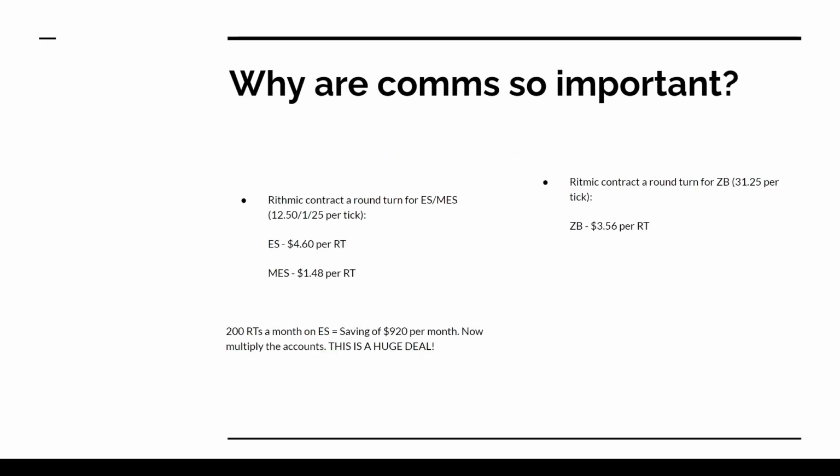Now, why am I harping on here about commissions and why are they so important? Okay, so I've taken the standard Rithmic commissions here for ES and micro ES, and also for our bond peeps. And I also trade bonds and treasuries, so I've put that across at the right hand side here. So for ES,